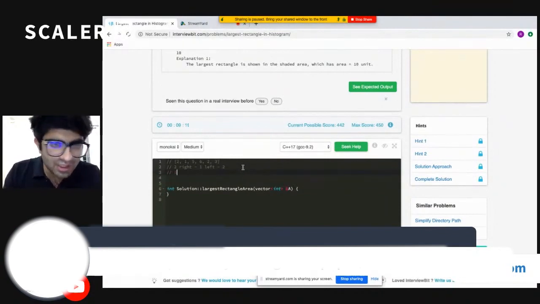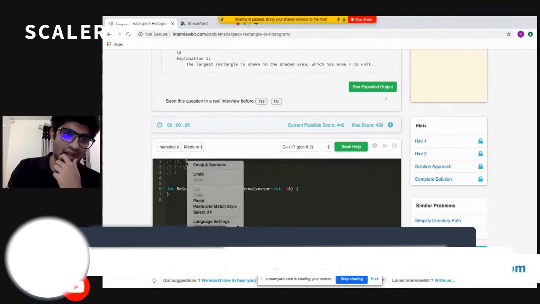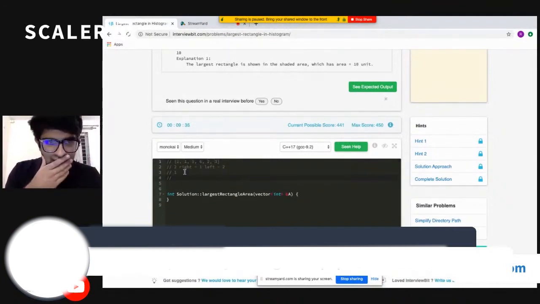Now if I take 1, for 1 I can see that 5 is greater, 6 is greater, 2 is greater, 3 is greater. So I can pick all the elements for 1 in the right hand side. That is good. And in the left hand side as well, I can pick all the elements. That sounds like a good thing. So I can do it like that. If I do it that way, for 1, length available will be equal to n, which is 1, 2, 3, 4, 5, 6 in this case. So my answer will be 6.